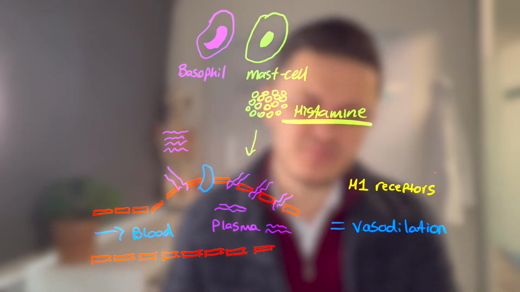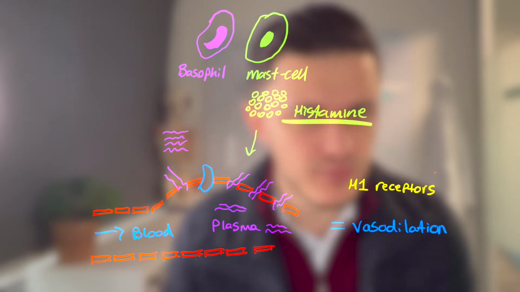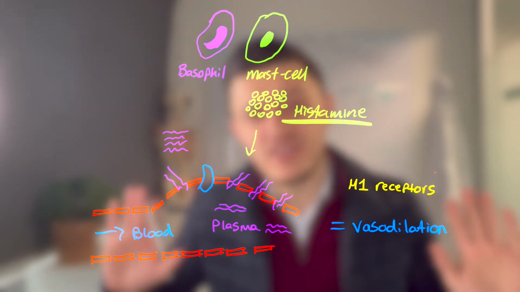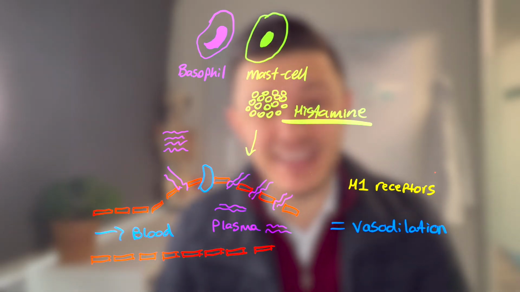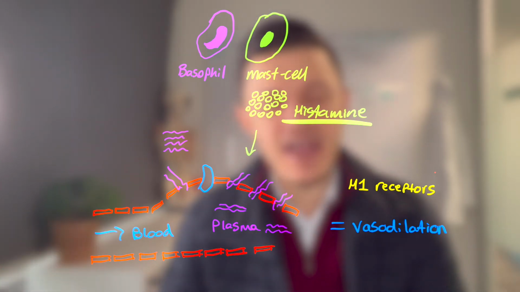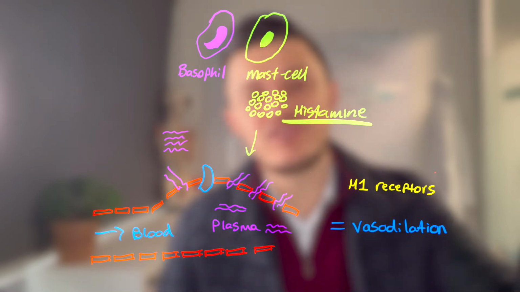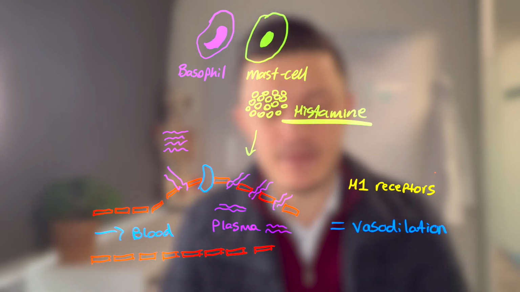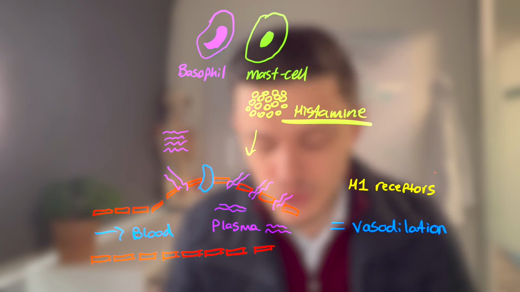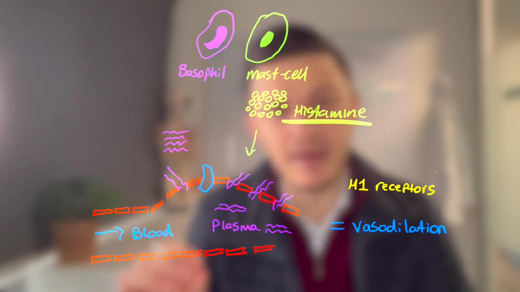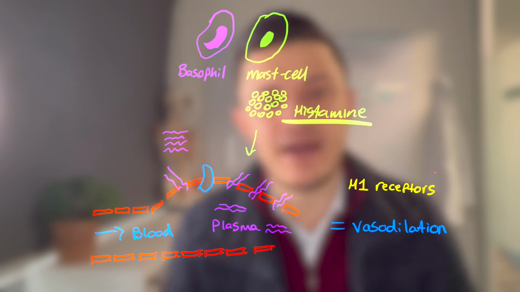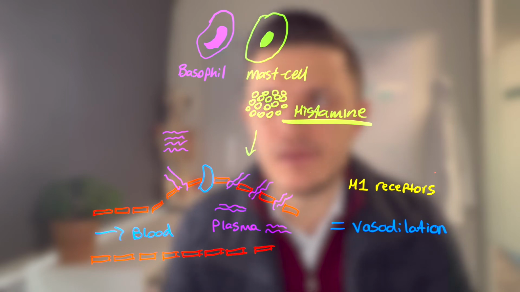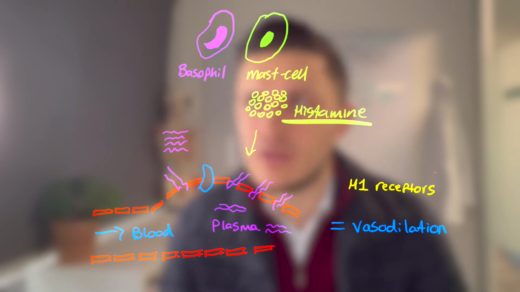Okay, now normally it doesn't do too much and it's not really a problem. But in the case of anaphylaxis, where we get widespread vasodilation, we're also going to find all of this plasma starts pushing out of the vascular endothelium into the interstitial space. And when it starts to do that, that means that we've depleted the intravascular volume because we've gotten rid of that plasma content, right? And you might be thinking, well, why is that important? Why do I care, Jordan? Well, because remember that blood pressure is governed, okay? It's governed by intravascular volume, right? And if you're confused with that, you might be thinking, okay, well, why is intravascular volume indicative of blood pressure